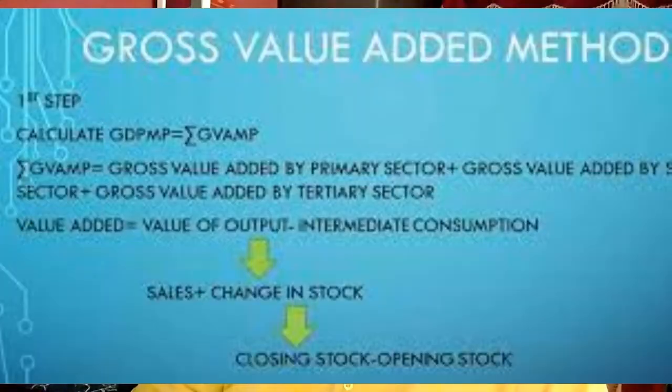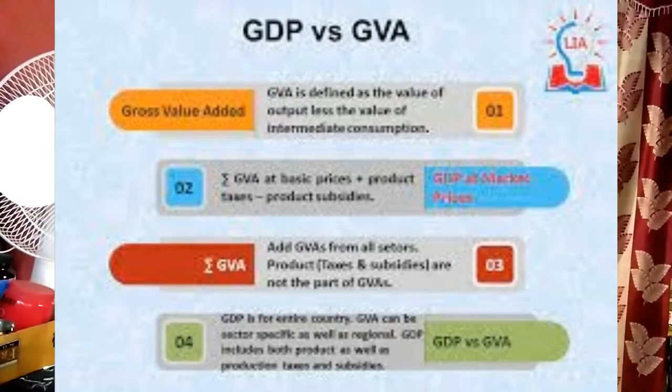Next point is, how do you calculate gross value added? GVA can be defined as output produced after deducting the intermediate value of consumption. This can also be mentioned as GVA is equivalent to gross domestic product plus subsidies on products minus taxes on